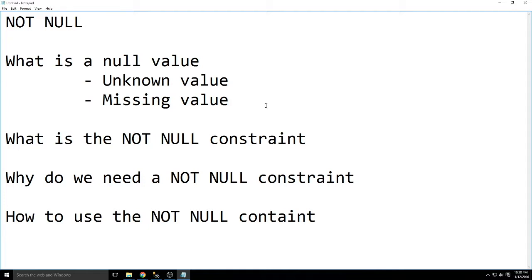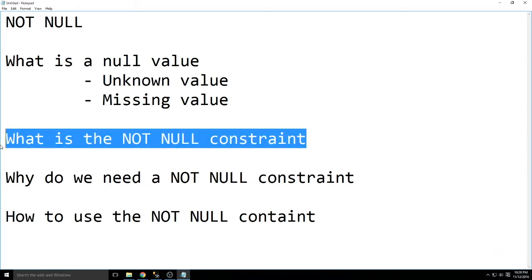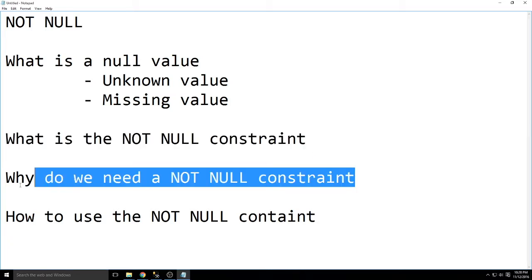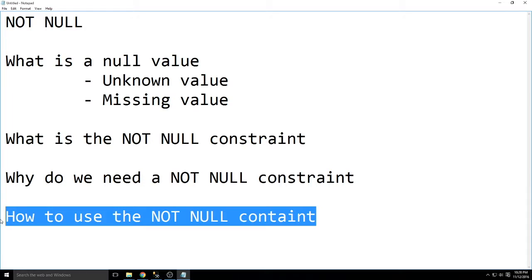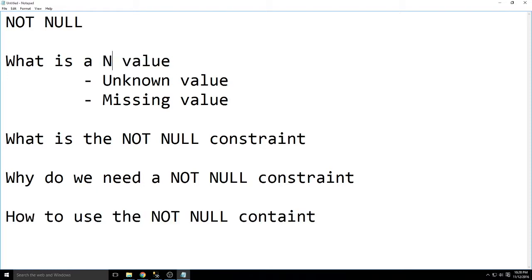Today we'll talk about the NOT NULL constraint. We'll talk about what the NOT NULL constraint is, why we need a NOT NULL constraint, and how to use the NOT NULL constraint. But before I get started, I think it's a good idea to talk about what a